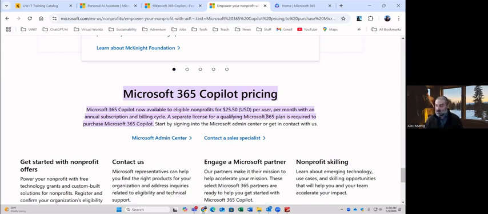I'm a heavy Office user. I use many of the products. And for an artificial intelligence assistant to be able to work across all these products and give me information is pretty valuable to me. I liken the $360 a year to a very inexpensive assistant. That's cheaper than a work-study student. That's horrible to say. But it's going to be powerful if you use it efficiently, effectively, and consistently.